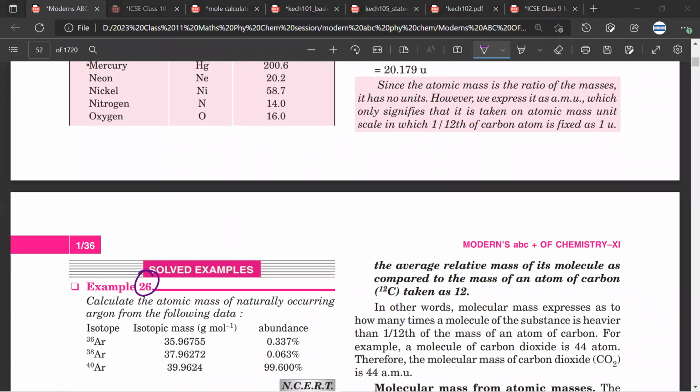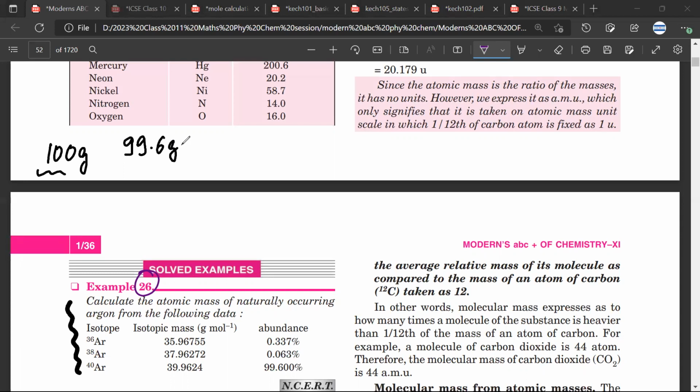So see, what you need to understand is when you are doing a question like this. So let us start from absolute basic. Let us assume we take 100 gram of total sample. Now, in that 100 gram of total sample,